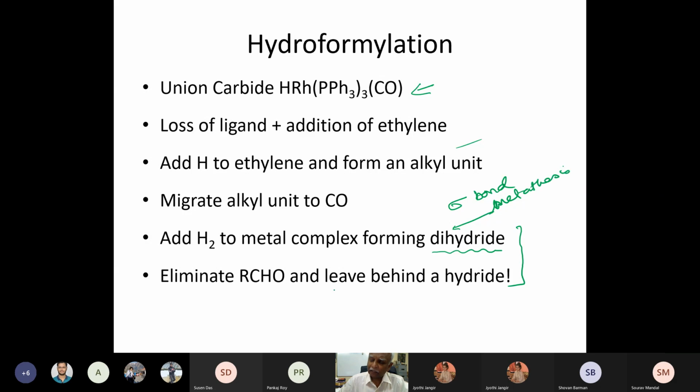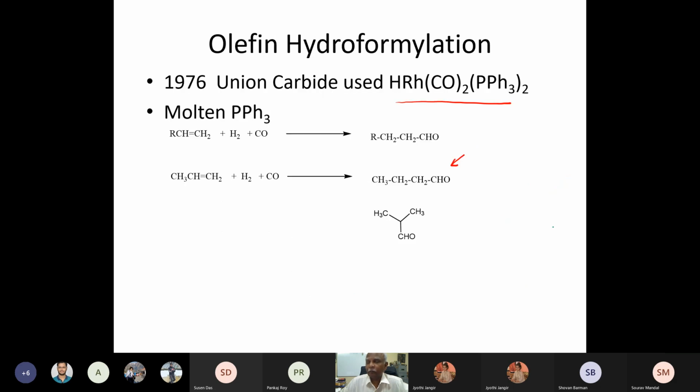Some books give it to you as addition of hydrogen to give you a cobalt-3 intermediate, and then subsequently reductive elimination to give the hydride. That's a possibility, but I prefer the sigma bond metathesis reaction. Unless there is some experimental evidence to show that the dihydride is formed, I think the simpler the reaction, the better it is. But one has to use some amount of prior knowledge, as they say in patents, prior art.